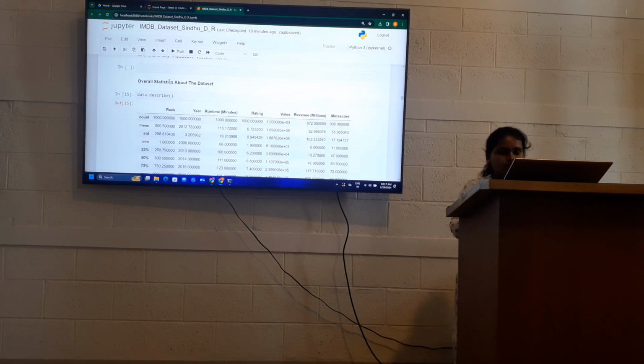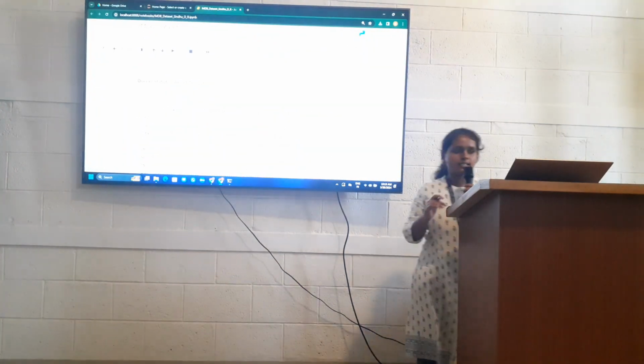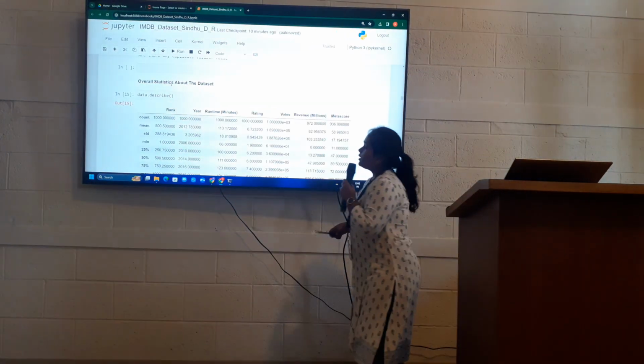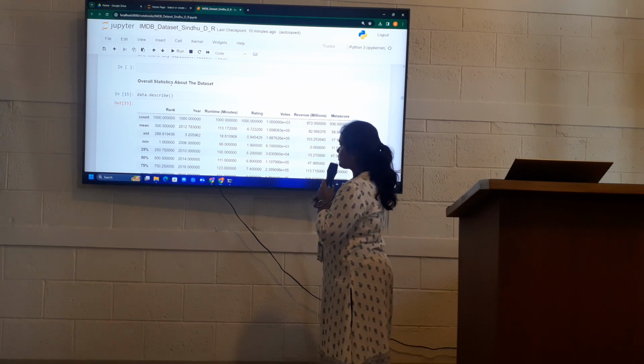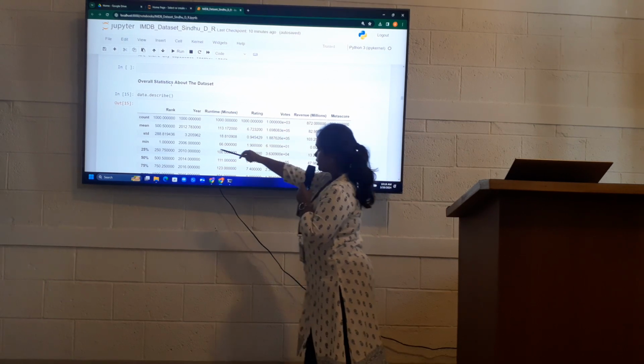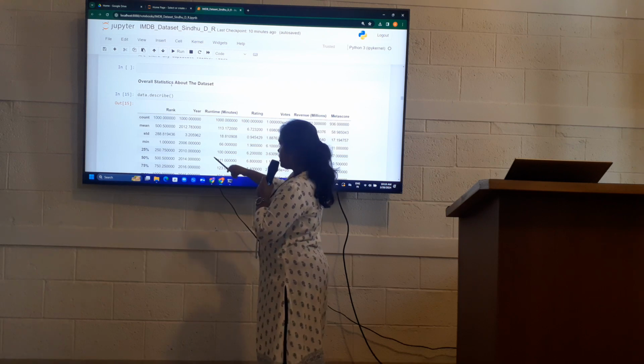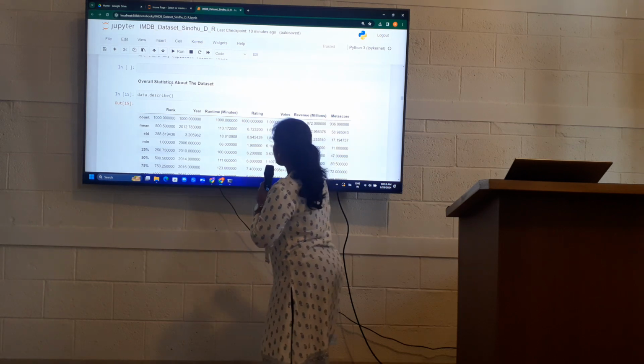Then we will check overall statistics about the data set. We have used the describe method of the pandas data frame. Here you can see the count, mean, standard deviation, minimum, maximum, and all.